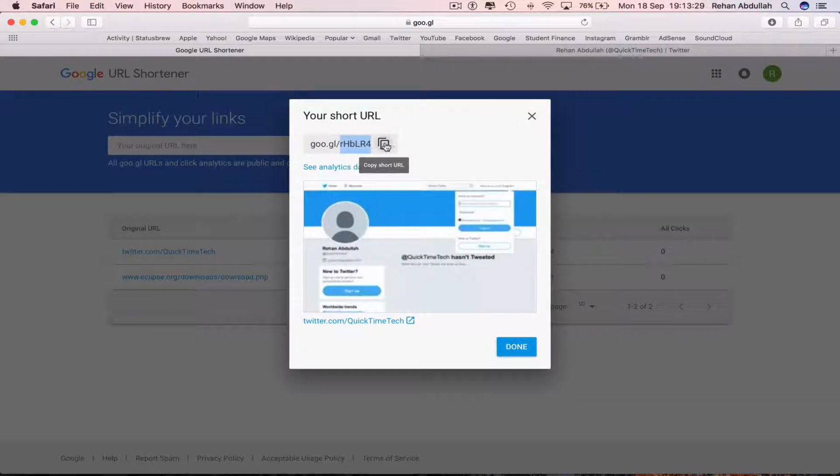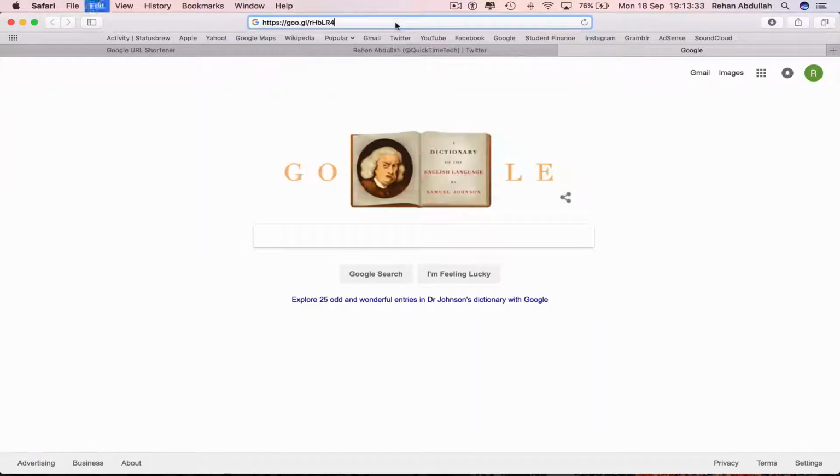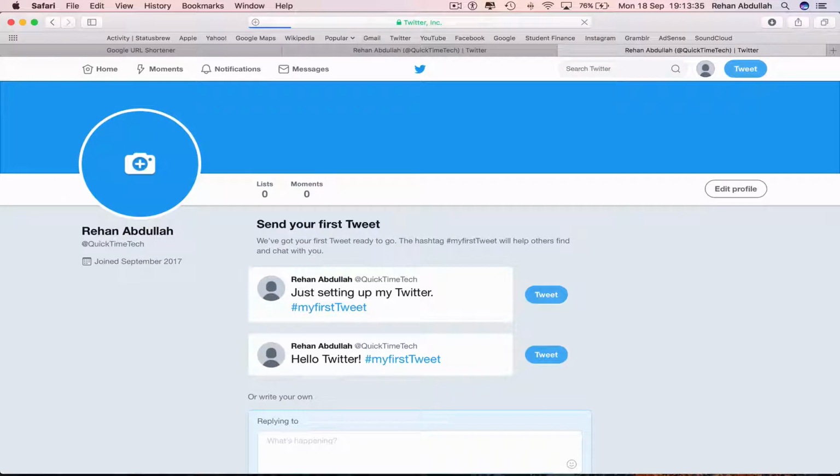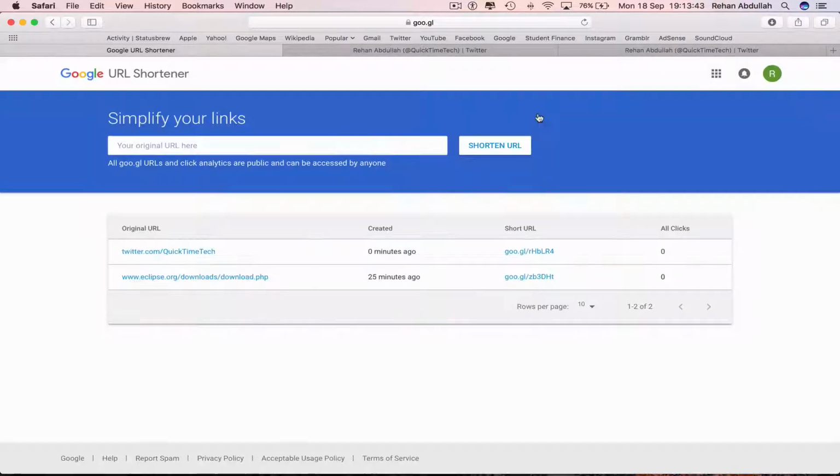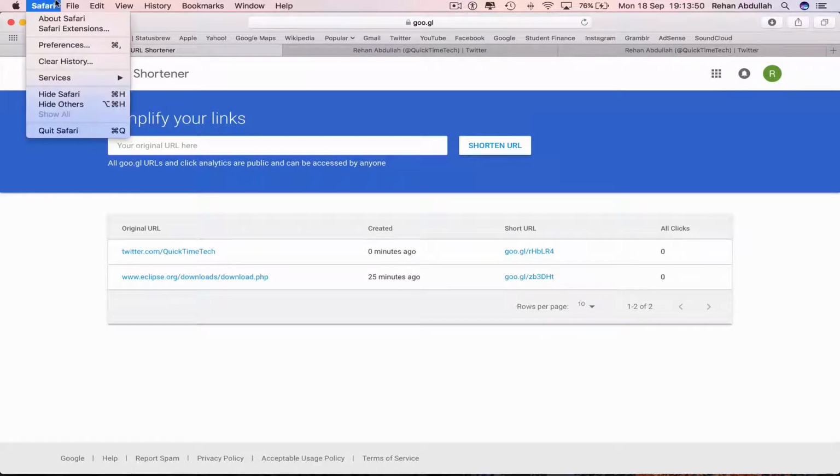So if I just take this, copy, and now go to a new tab and now type this in, press enter, and there we go. We are redirected to the same page with a shorter URL. So paste the URL in here, and that is the URL in short format. So close out of Safari,